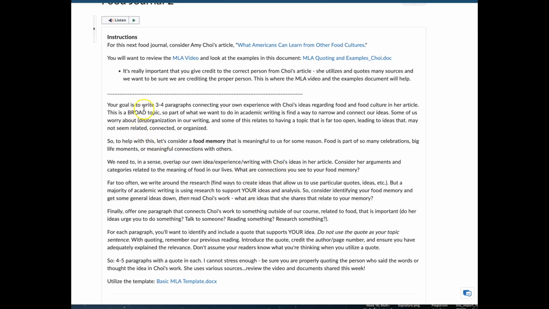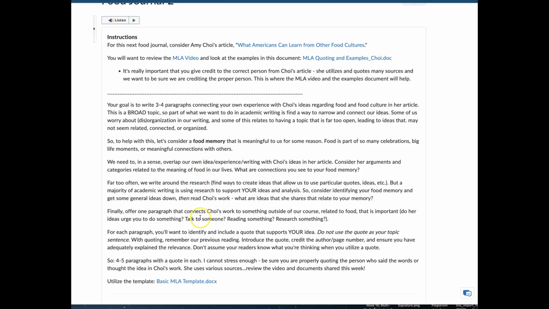Okay, so that's 3 to 4 paragraphs about your experiences and your food memory, and then one final paragraph that connects Choi's work to something outside of our course related to food. So do her ideas urge you to do something, to talk to someone, to read something, to research something? So what beyond this article in your life is connected?